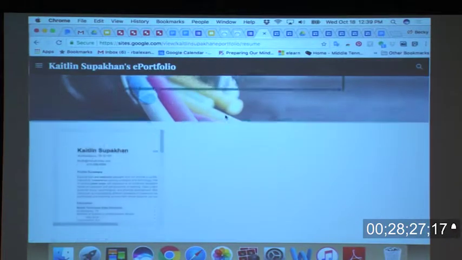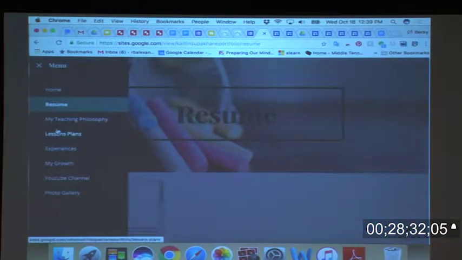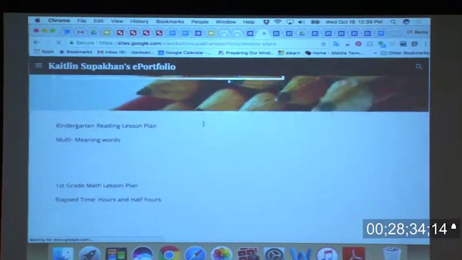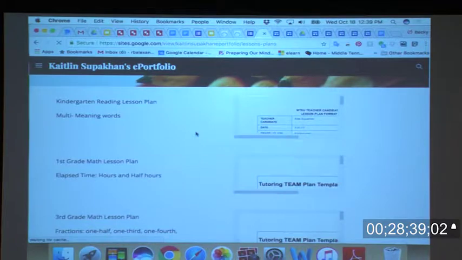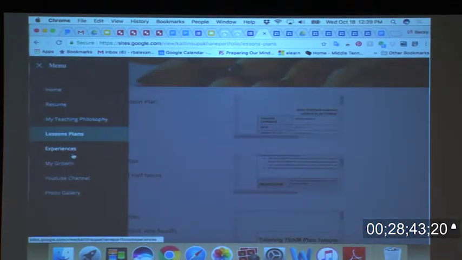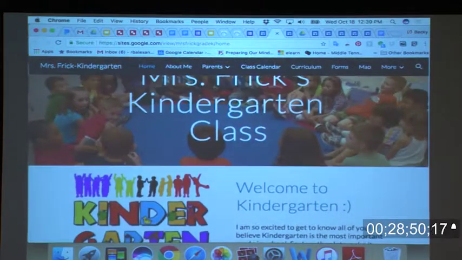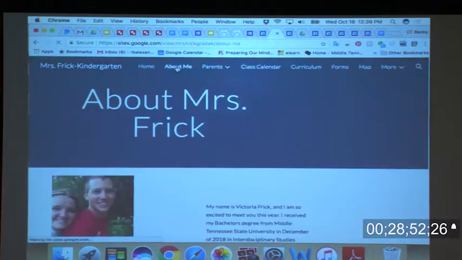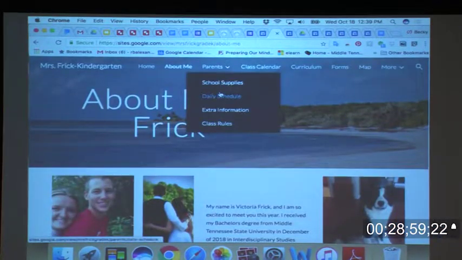Okay, so she's put it in a Google Doc. She's just inserted it. Here's some of her lesson plan examples. And again, I could download those lesson plans, but this is just for me to see. This is her growth, correct? Okay, so I'm going to show you some different ones, with a different kind of navigation. And you can see they're pretty full blown. This is getting them used to